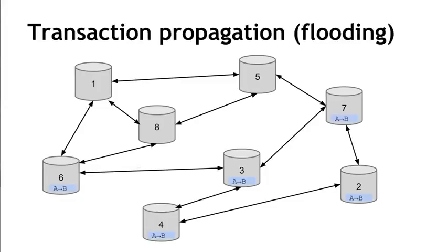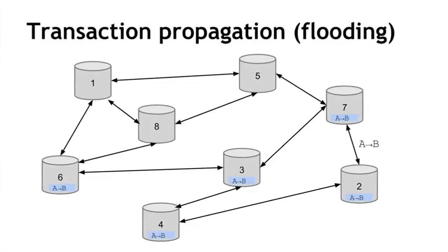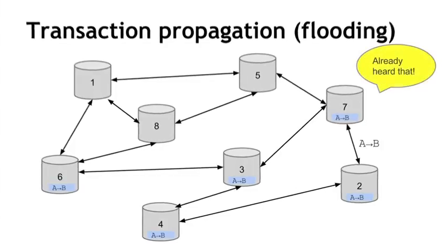That'll end up in their transaction pools and so on. And we want to make sure that this process doesn't go on forever. So let's say that node 2 comes along later and tries to tell node 7, hey, new transaction, Alice wants to pay Bob. Node 7 is going to say, oh, it's all right, node 2, I've already heard about that. I already got it in my memory pool. I don't need to forward it further.